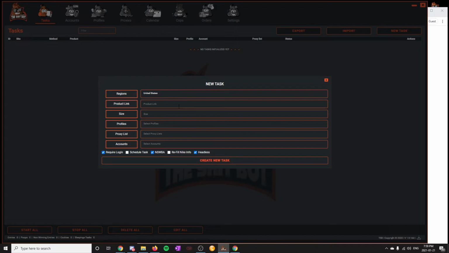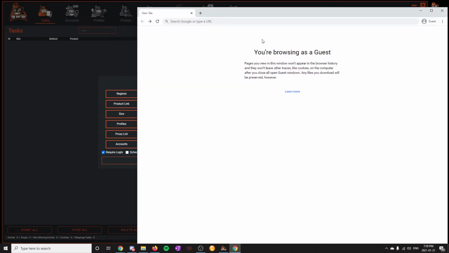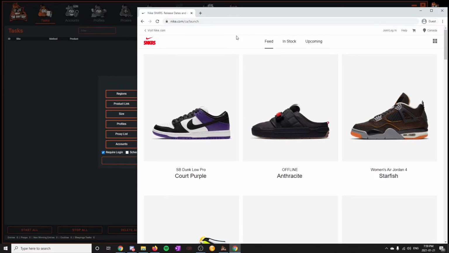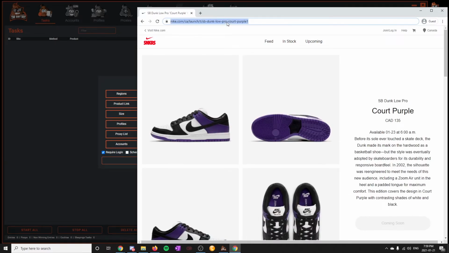To find the product link, either consult with your code group, or you can find the link yourself. To do this, all you want to do is navigate to the Nike Sneakers website. To get to the Sneakers website, enter the normal Nike website, and add /launch at the end to get to the Sneakers website. Once you're here, you can find the shoe you want to bot, and copy and paste the link right into